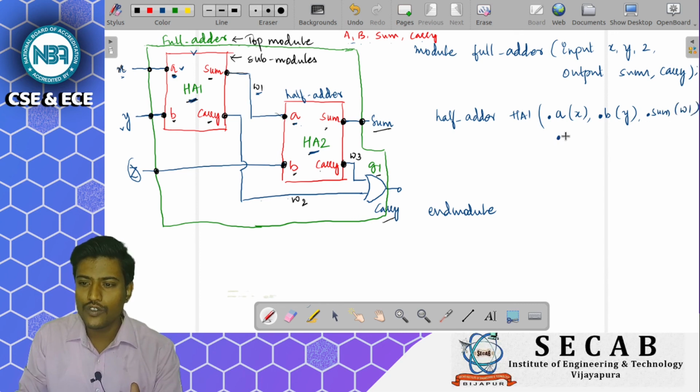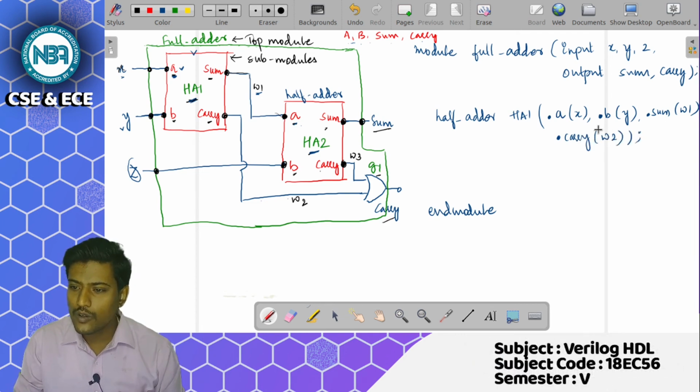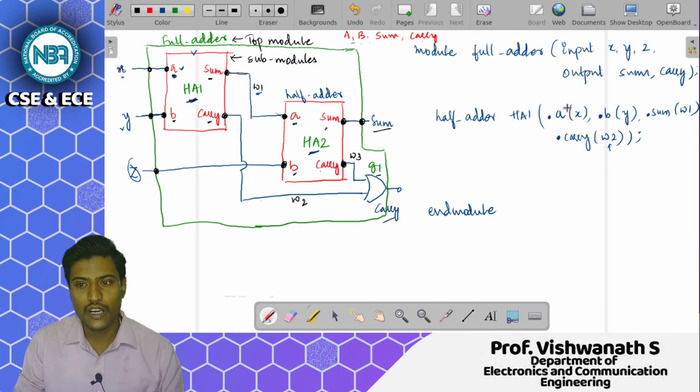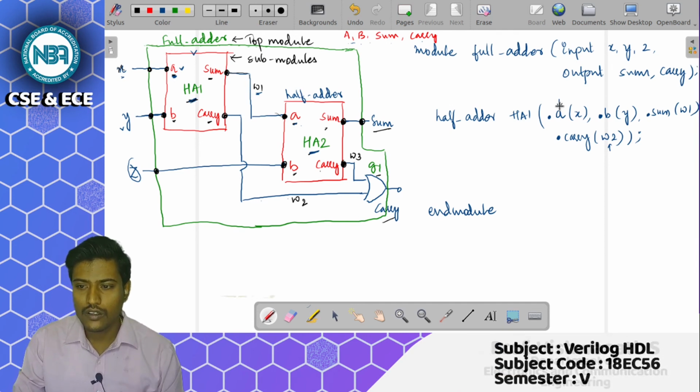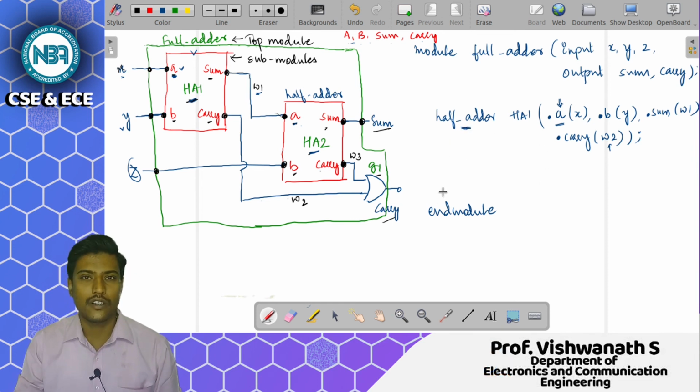For dot carry, W2 is connected. The names inside brackets are the actual connections we are making, and dot followed by a name represents the actual port names of this half adder module.